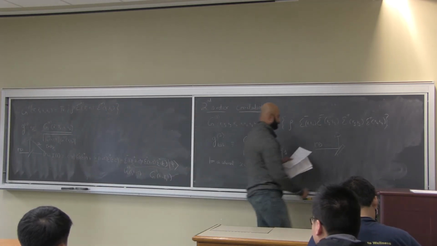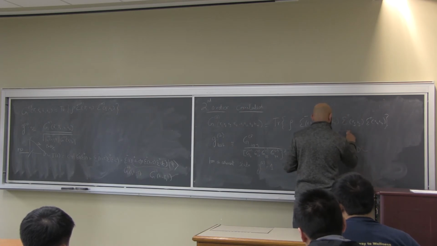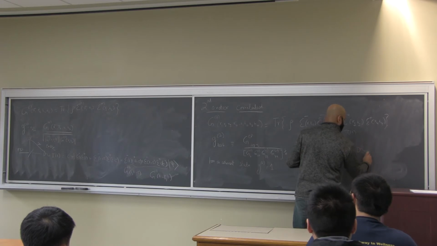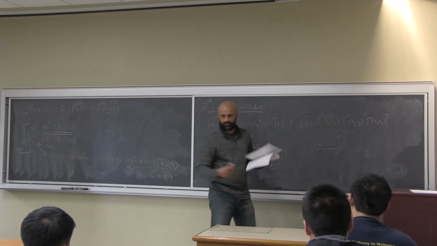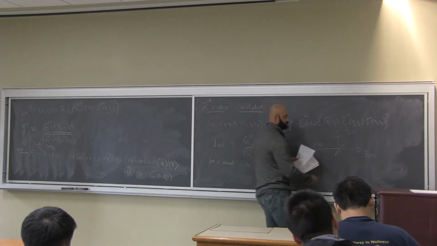And here what we do is we have 2 detectors, I1 of t and I2 of t. And either electronically or through some optical delay, whichever way you want to do it, you can take these 2 signals